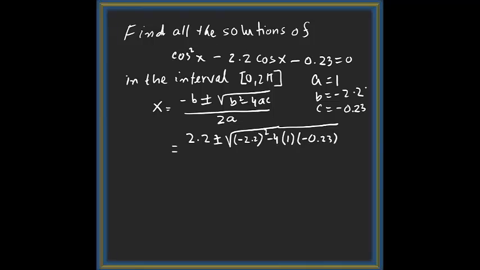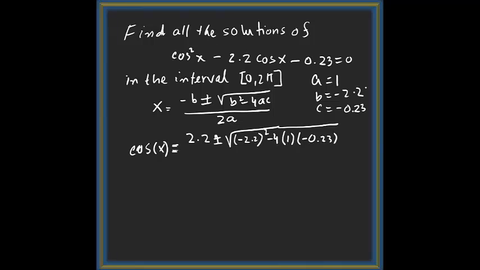So we know x equals minus b plus or minus the square root of b squared minus 4ac over 2a. And if we collect information, you can see the leading coefficient is 1. So a is 1, b is negative 2.2, and c is negative 0.23. So I'm using our x, actually in this case cosine x. So I'm getting cosine x